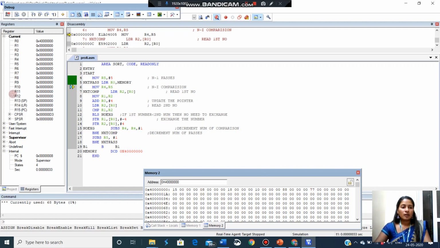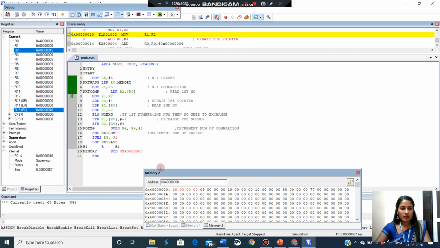It is in memory, so the instruction has to fetch the data from the memory. So we'll see here the next instruction, LDR. The R0 is 40000000, the starting address available in R0.